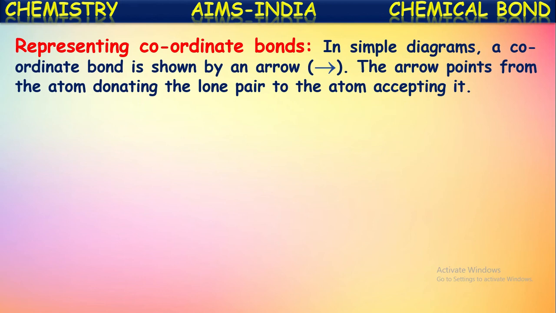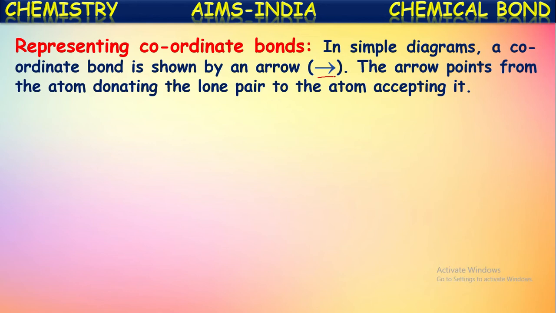Representation of the coordinate covalent bond. So how to represent a coordinate covalent bond? We have studied how to represent a covalent bond: just by drawing a simple line between the symbols of two atoms, we can represent the covalent bond formation between those two atoms. But how to represent a coordinate covalent bond, which is different from that? In simple diagrams, a coordinate covalent bond is shown by an arrow mark, which is shown here. See, by this arrow mark, a coordinate covalent bond is represented. The arrow points from the atom donating the pair of electrons